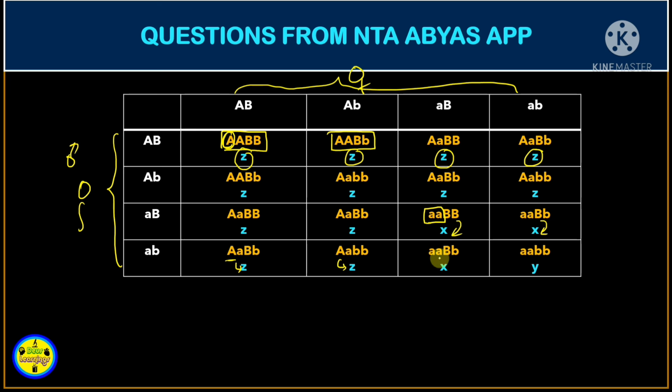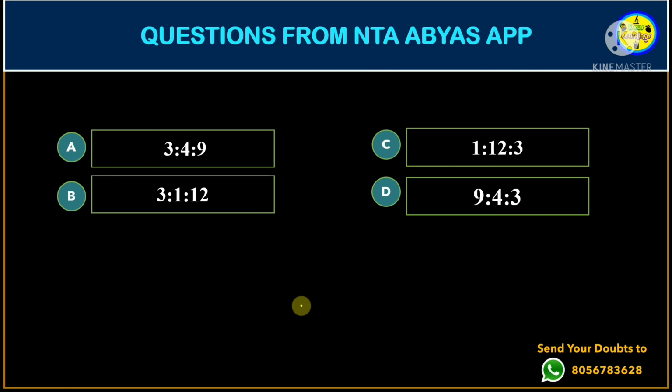Now here, since the two alleles are in recessive form, capital B is showing its character. And here the epistatic gene is in recessive form, so it is not suppressing, so small b will show its own character. So when you count these genotypes, you will end up with a ratio of 3 X, 1 Y and 12 Z. When you check the given options, there is 3 X, 1 Y and 12 Z, so B will be the right answer.